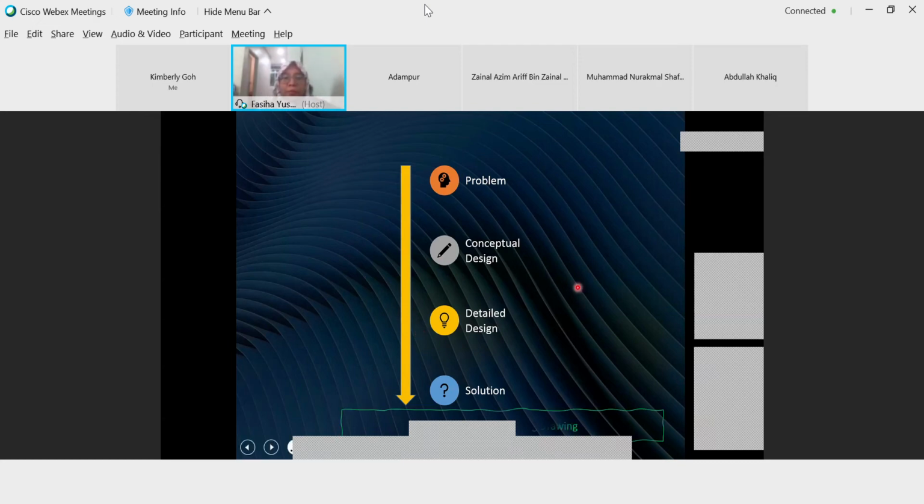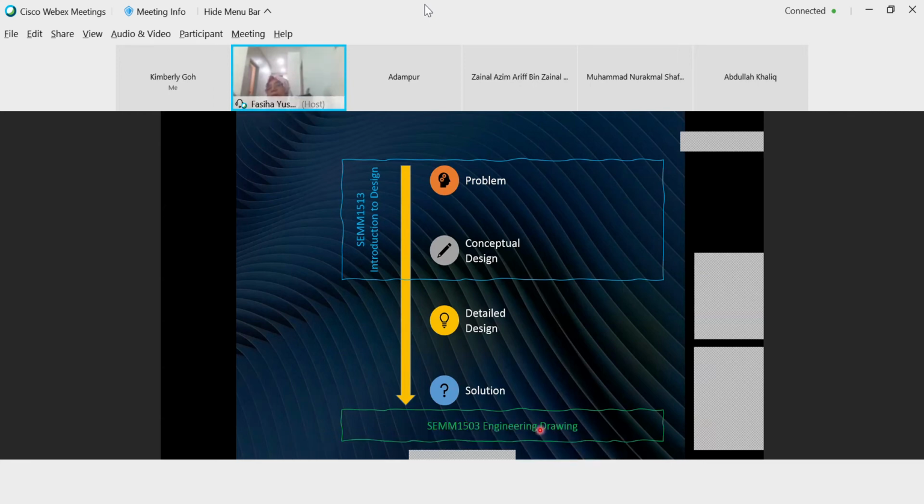And I want to show you, the green one is what you learn during the first year, first semester, engineering drawing. And the blue one is what you learn in your introduction to design class. Problem and conceptual design. What is conceptual design?